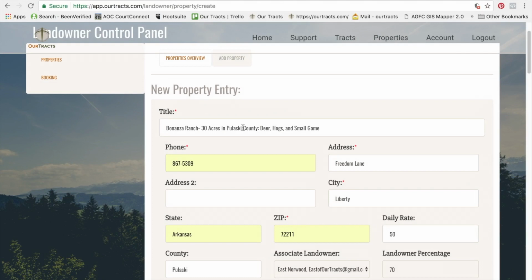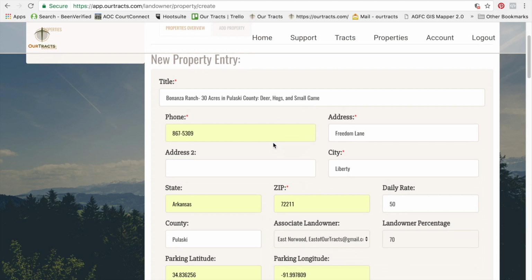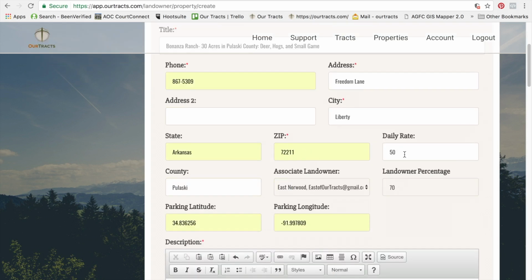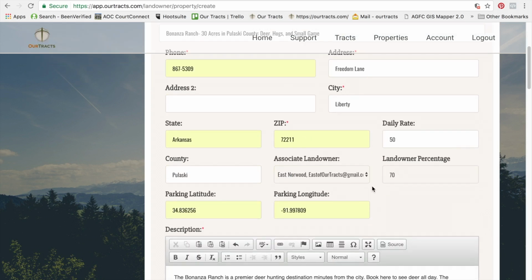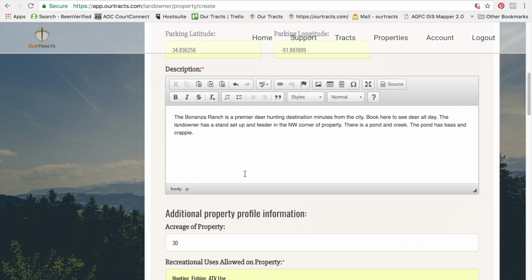I went ahead and did a test property so that you can see how this works. The Bonanza Ranch in Pulaski County offers deer, hogs, and small game. I've put the acreage in here as well as where it's located to give a better idea of the property just from the title. I've put in all the necessary information, set my daily rate at $50, put in a parking latitude and longitude, gave a brief description of the property,